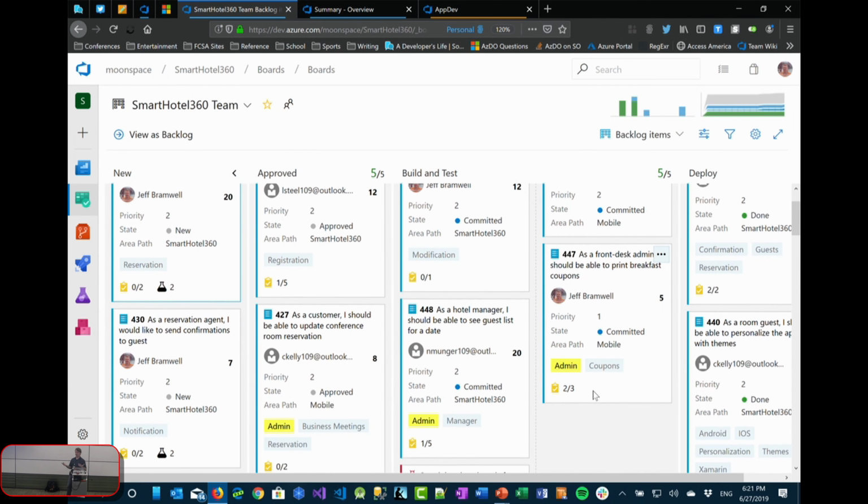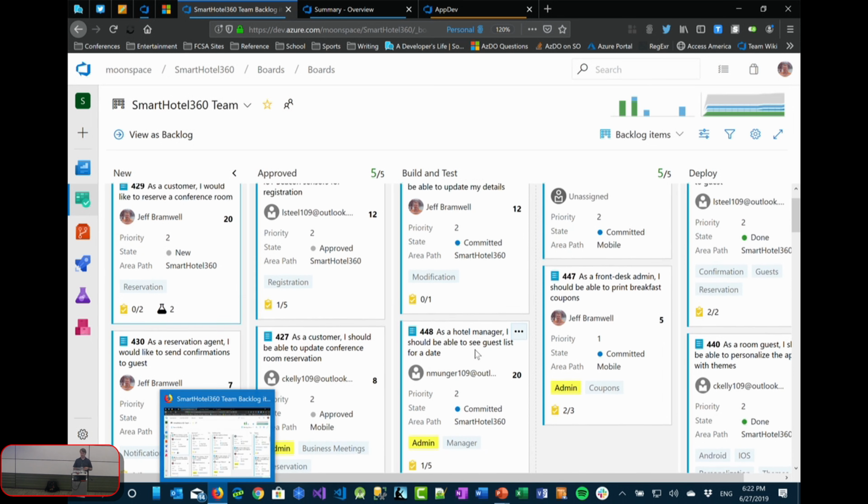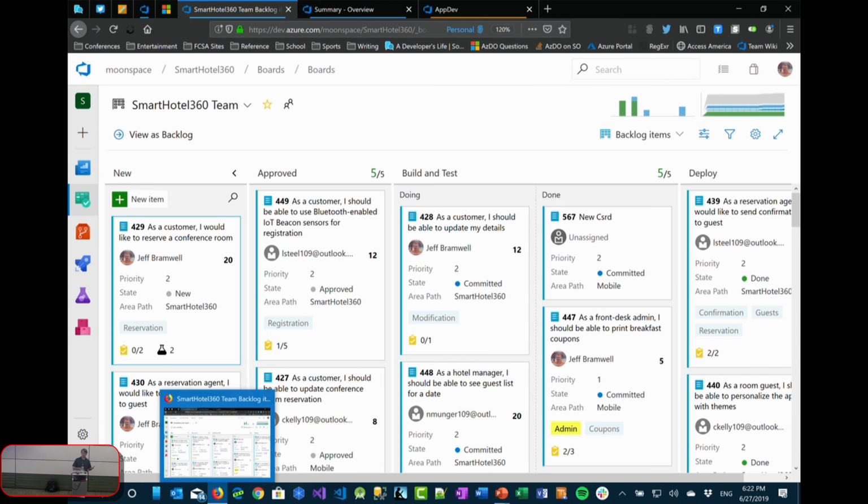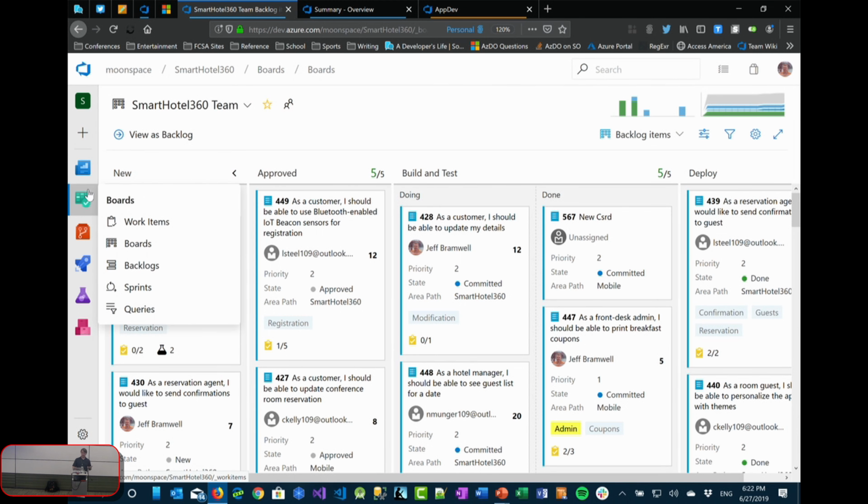And you can color the cards, you can color the tags. So basically you can customize it all kinds of ways to make it suit whatever your team's desires or needs are. So you can look at the board, and the intent is that you can look at the board and at a very quick glance know the status of whatever it is you're working on. And sometimes that's based on the position of the card, where it's at, and sometimes that might be based on color or whatever. So I guess the easy way of saying that is just there's lots of options.